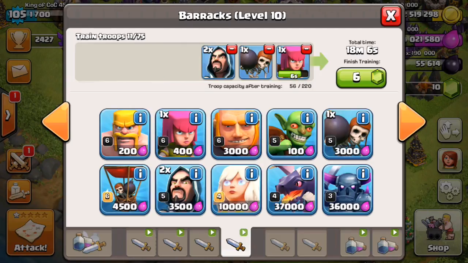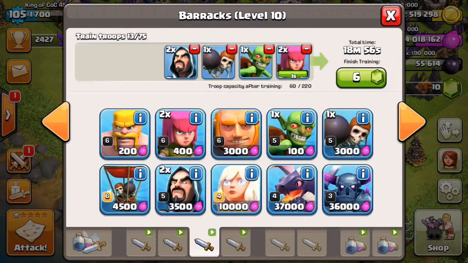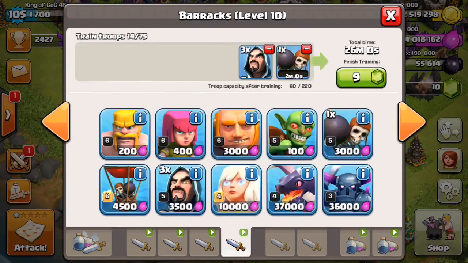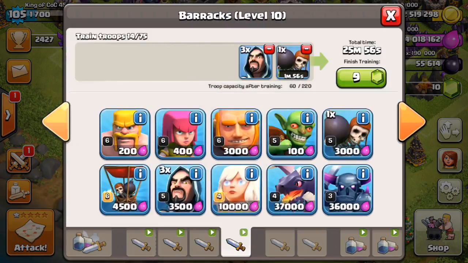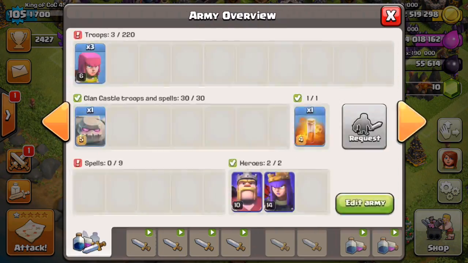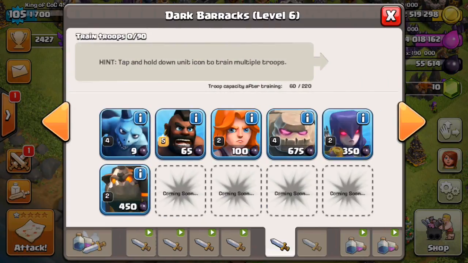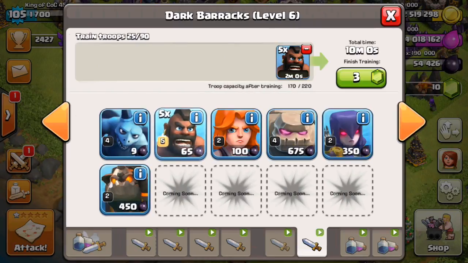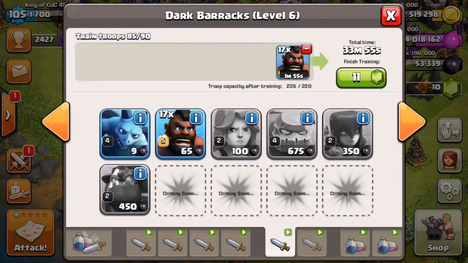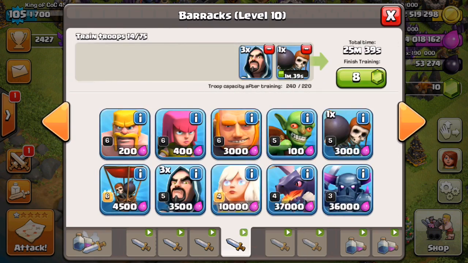Oh. I'll take a goblin out. I'll add another wizard. Yeah, I'm gonna have 4. I don't know how many goblins I'm gonna have. Hold on. 1. There's 1 goblin? That's pathetic. Alright, we're just gonna train as many hogs as we can. There we go. 36. Yeah, this should be...